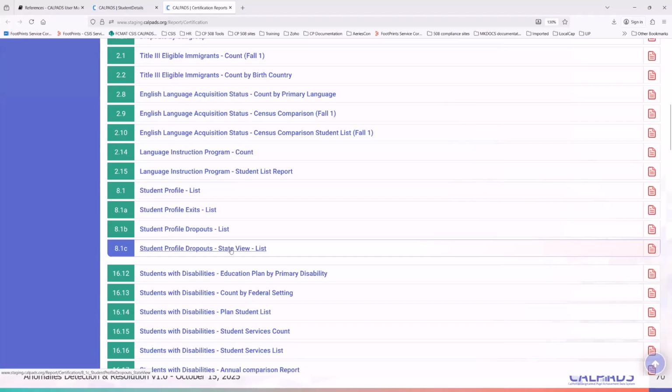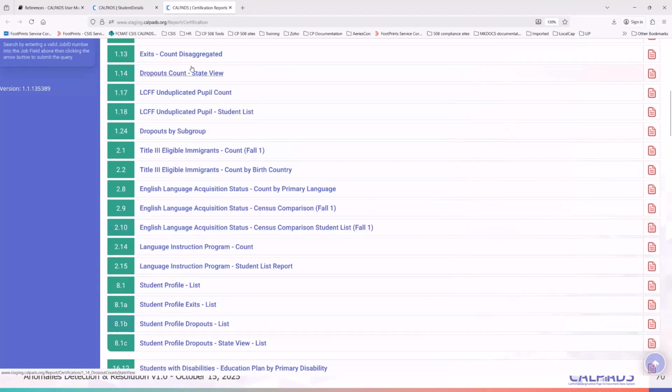But then for the actual dropouts, E140, E400, E230, what are the dropout codes we had there again? If those are actual dropouts, then they would be under this part here, dropouts by subgroup.